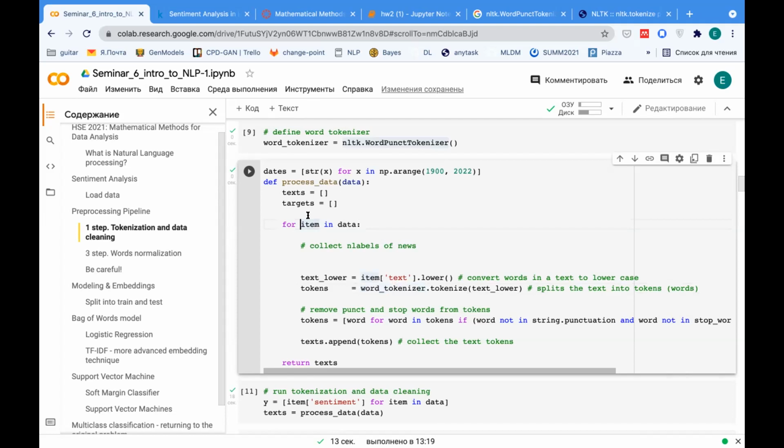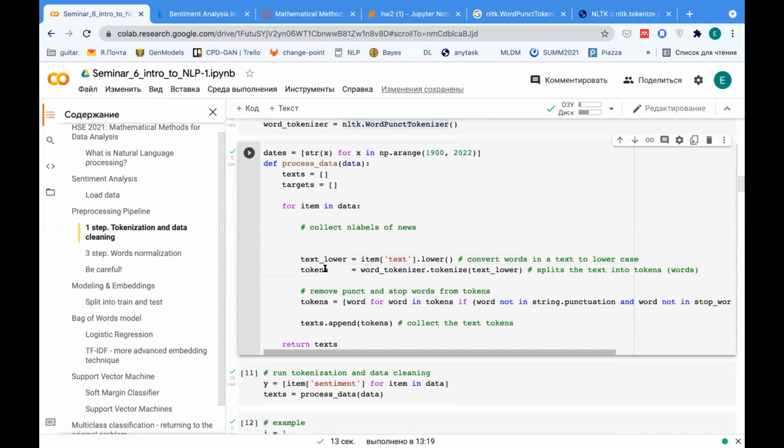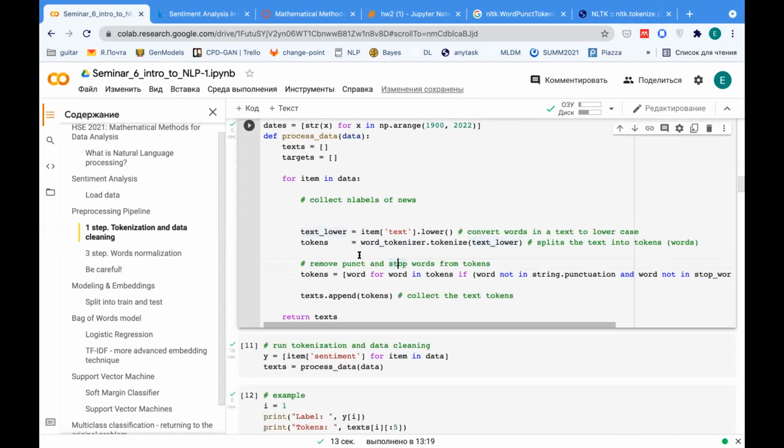We go through our data, through our text, and firstly we transform our words to lowercase. Next, we tokenize, split our text into words, and next we will remove all the stop